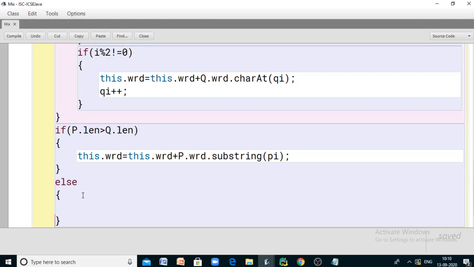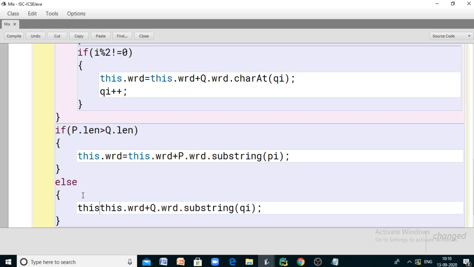Else, the second case is that sometimes the second word may be longer than the first word. In that case, what to do? Extract the remaining characters from the word member of Q from QI till the end of the second word, and add it to the resultant word, this dot word, and store the result back into this dot word.